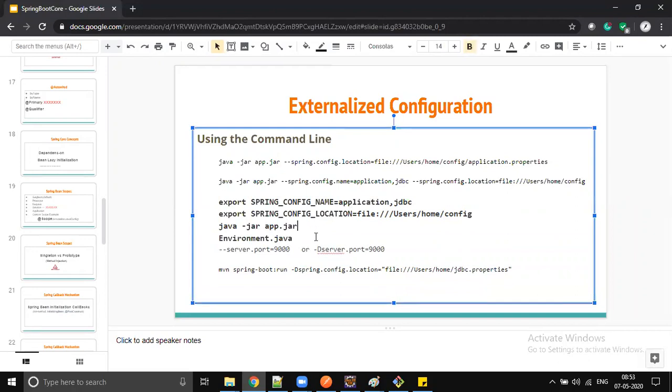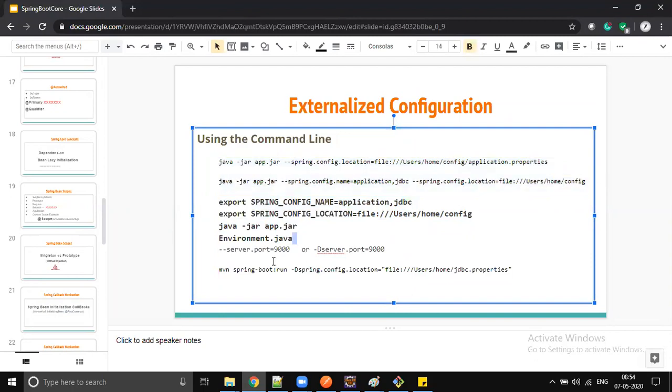Whenever you are running on Docker, it's still possible to set environment variables, and this is going to be present inside the Dockerfile. When you are running your Docker container, you just say java -jar, but it still takes this properties file. How is it going to take it? It's going to take it from environment variables. This is also one of the ways. We do this for containerization purposes, and the other we do for standalone deployment.